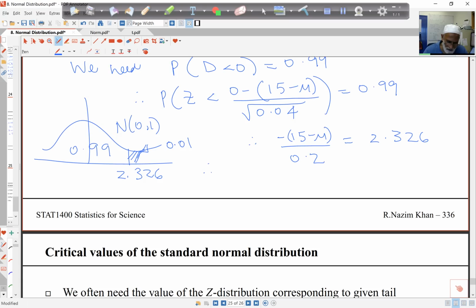So I have to solve for mu from here. So I multiply this 0.2 across and then take the negative sign across as well. And if you work this out carefully, what you'll get is negative 15 plus mu is 0.2 times 2.326. And so the mu will work out to be 15 plus